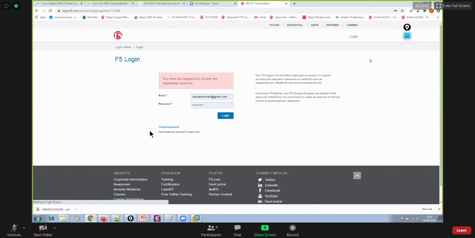The F5 login page will pop up, and thereafter you can log in using your credentials, or you can create an account for yourself if you don't have one, right? If you don't have any account on f5.com, then you should go ahead and create one. And if you already have a user ID and password, then go ahead and log in using those credentials. So now I'm logging in using my own credentials, right?